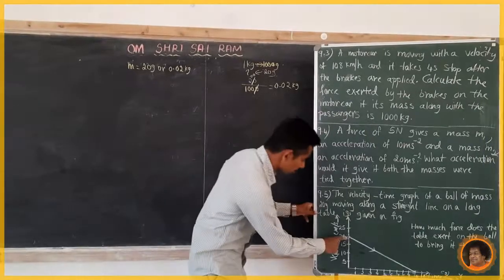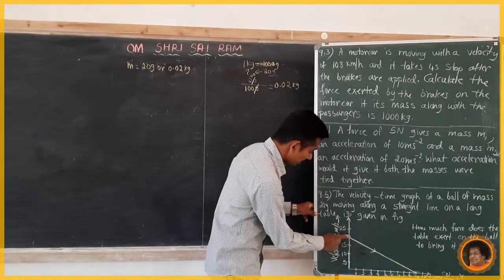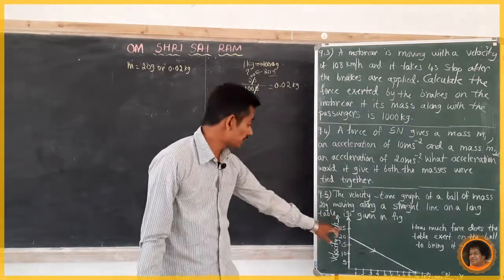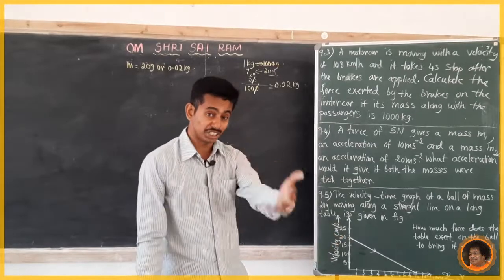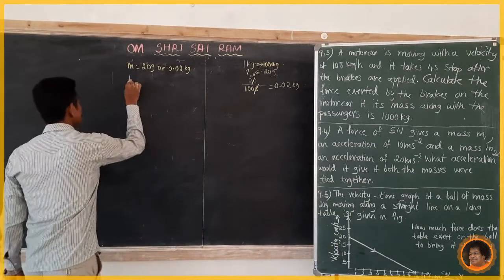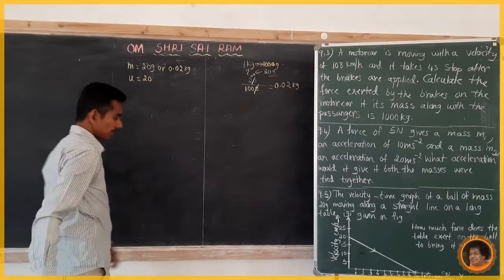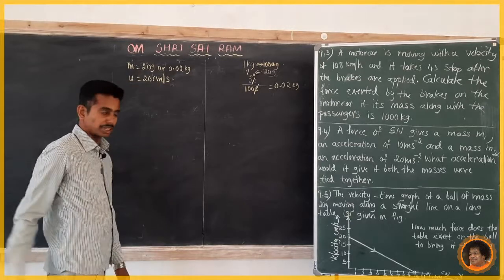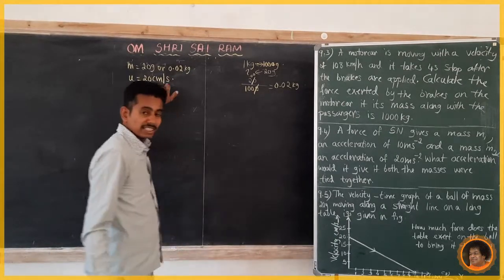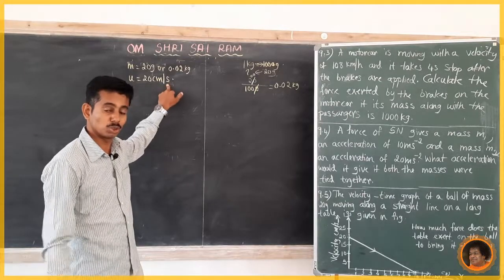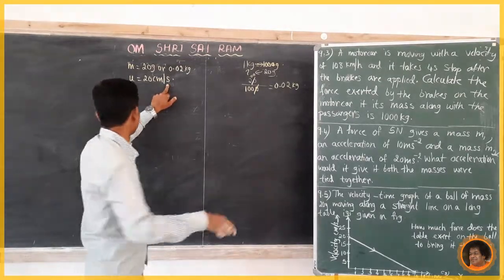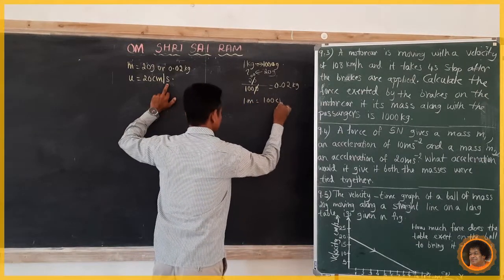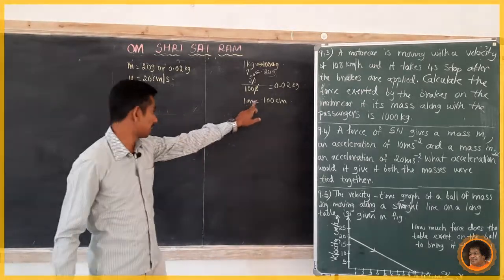Initial velocity: it starts from 20, so the velocity is 20 centimeter per second. Is it the initial or final velocity? It starts from 20, and starts from means initial. So initial means u equals 20. Be careful, it is not meter, it is centimeter per second. What is the SI unit of velocity? It is meter per second. So you have to convert centimeter into meter. How do we convert? 1 meter means 100 centimeter.